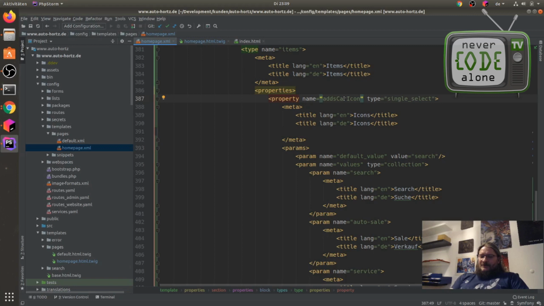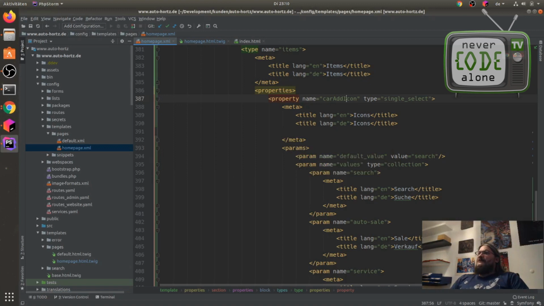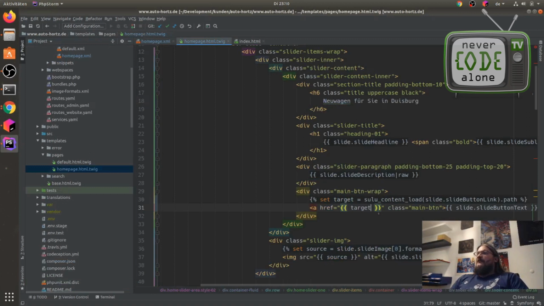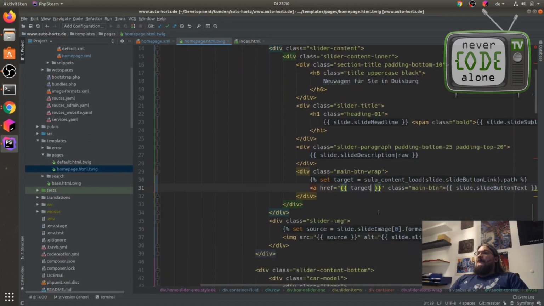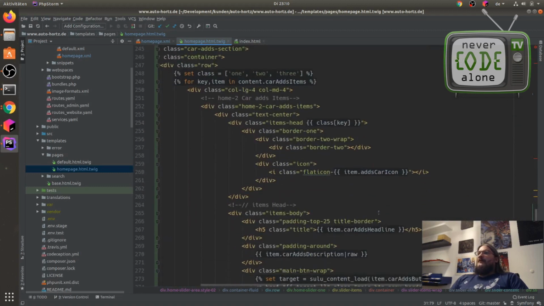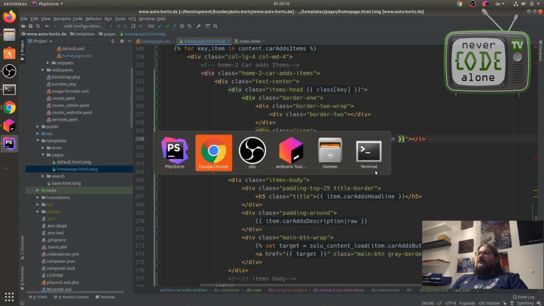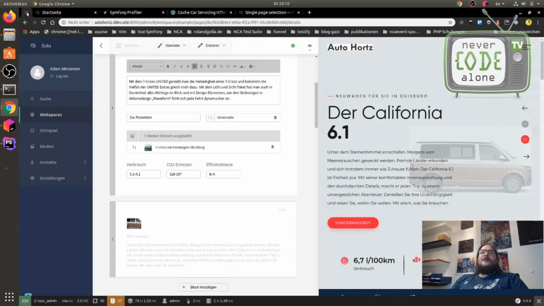It's car adds icon. Car adds icon. Yes. So little problem here, just to fix there. We have to go down to our elements. We name this here, and now we just have to do on the back end.